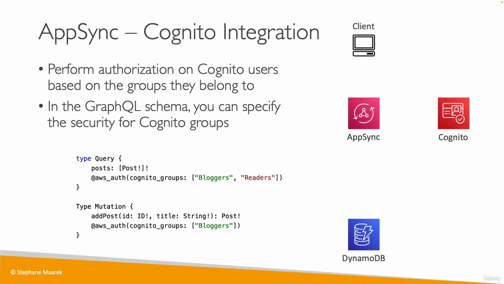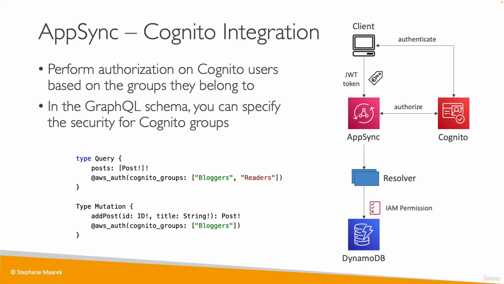So from a solution architecture perspective, the client is going to authenticate with Cognito, get a JWT token, and pass that JSON web token into AppSync. Then AppSync is going to verify the token and make sure it's authorized with Cognito. And then, as you can see in the resolvers that I wrote right here in your GraphQL schema, the resolvers are going to look at the group that the user in Cognito belongs to. And then, if it's all good, then access, for example, your backend. It could be a DynamoDB